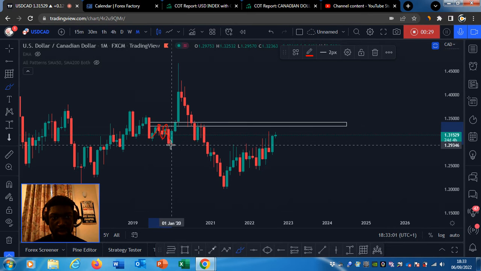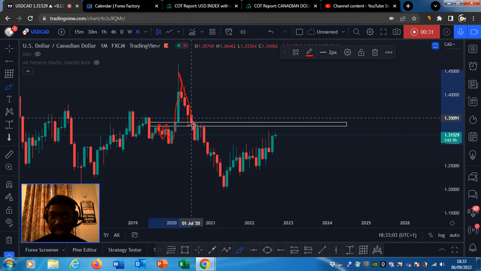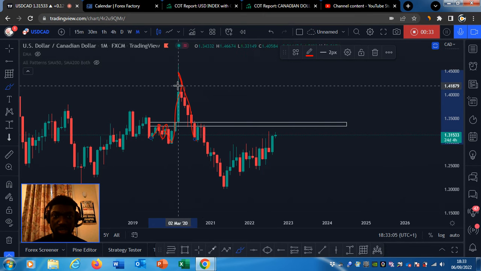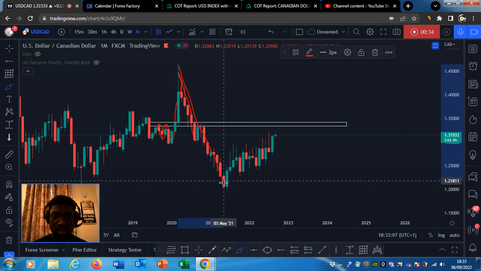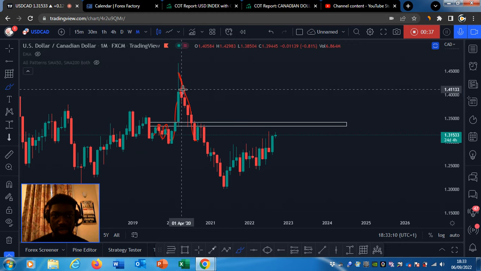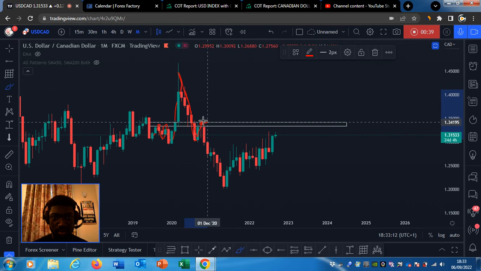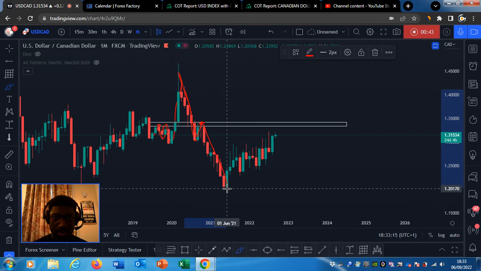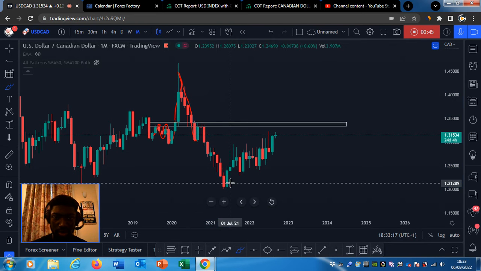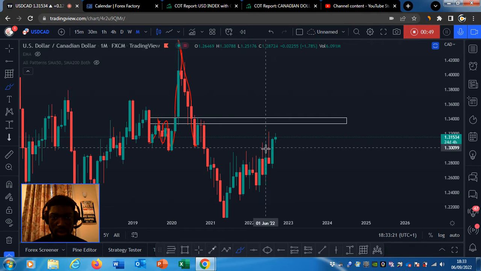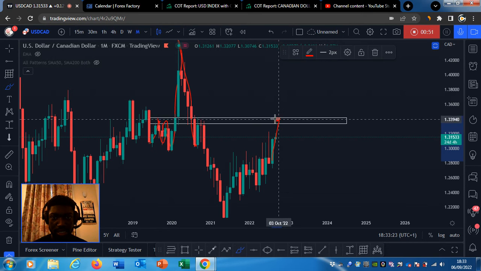tested it the second time, went up again. Broke it, however, price came down one more time. Obviously, we can see this is a bearish trend. So price came down, went up to test it to confirm the bearish structure of the market, showing a continuation to the downside. So now we should be expecting the US dollar to go up and test this key